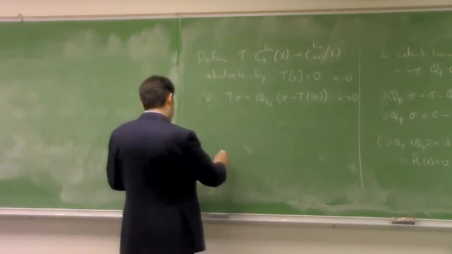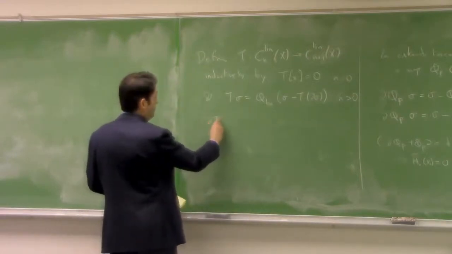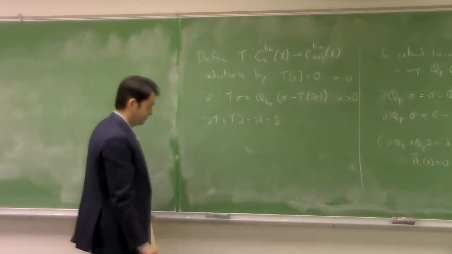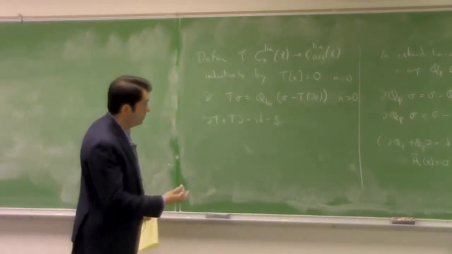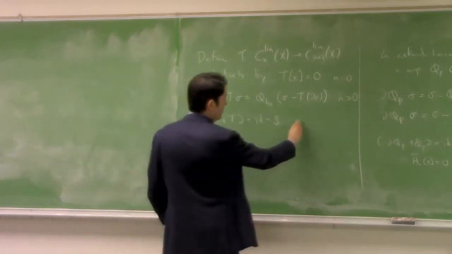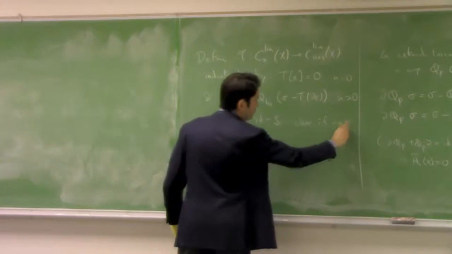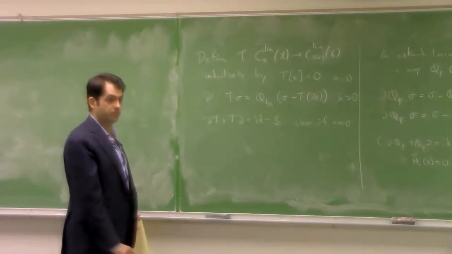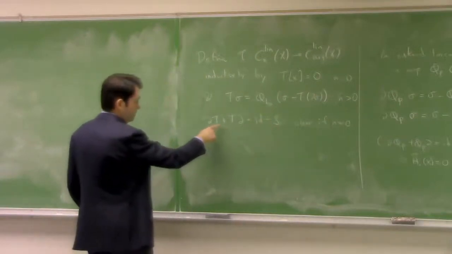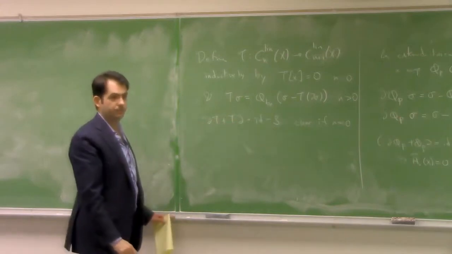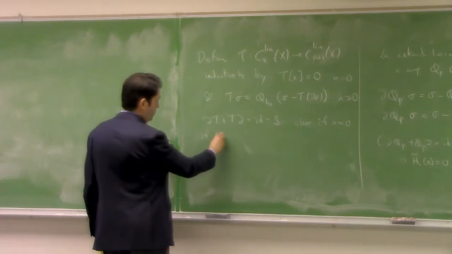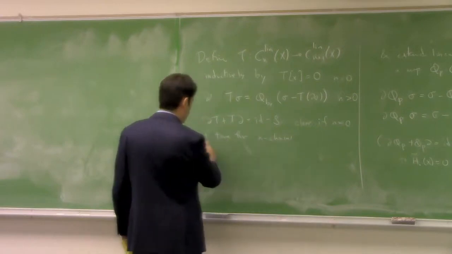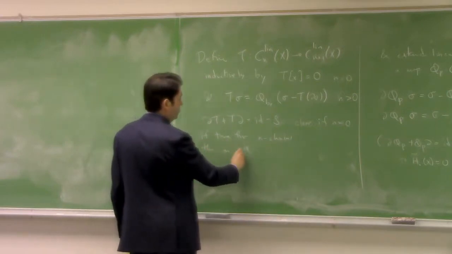Okay, so let's check that boundary T plus T boundary is equal to identity minus S. So again, by induction, this is clear if n is equal to 0, because both sides are 0. S is the identity, and both boundary and T give you 0. So if we know this for n-chains, then on n plus 1 chains,